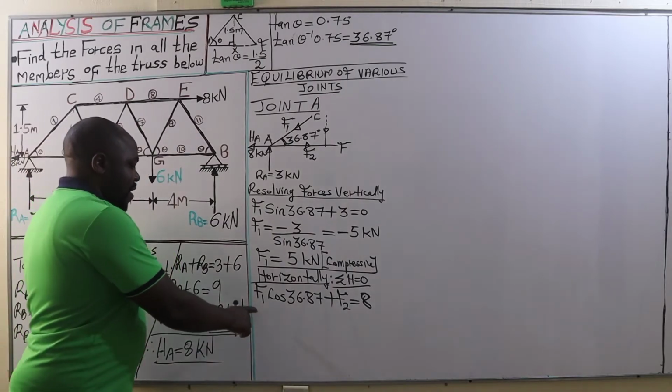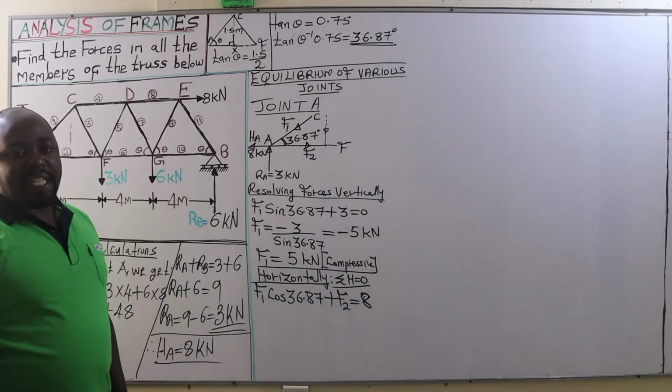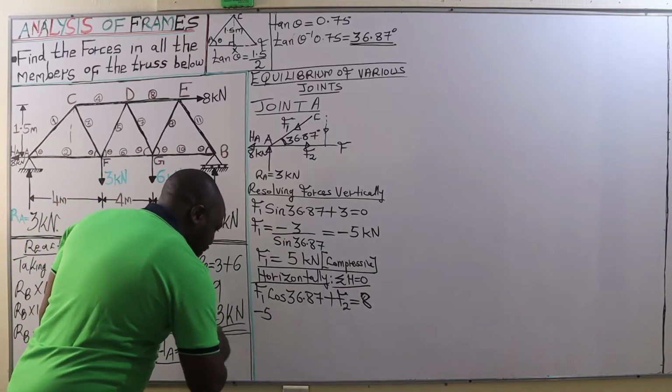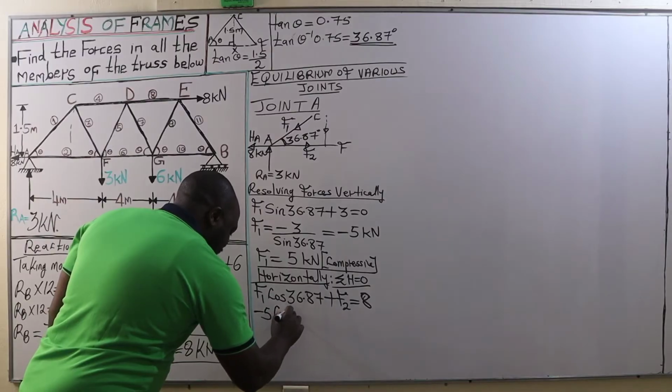Now, we have the value of F1, which is negative 5 kilonewtons, and therefore negative 5 multiplied by